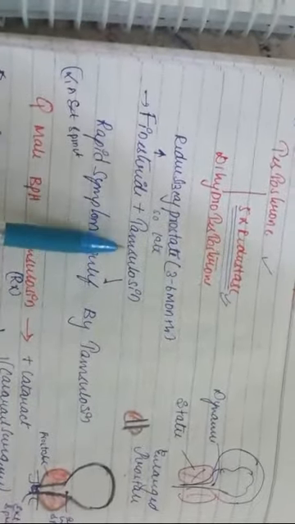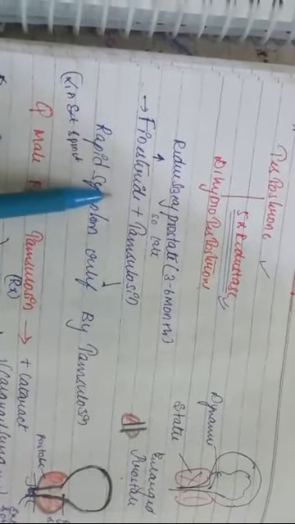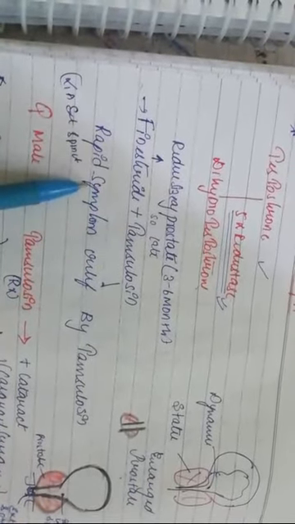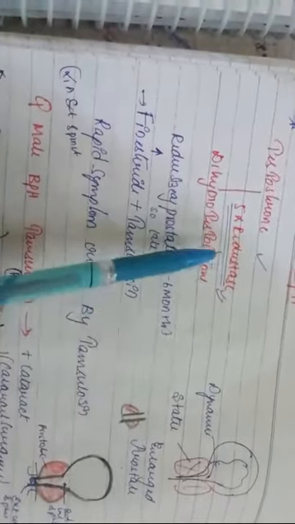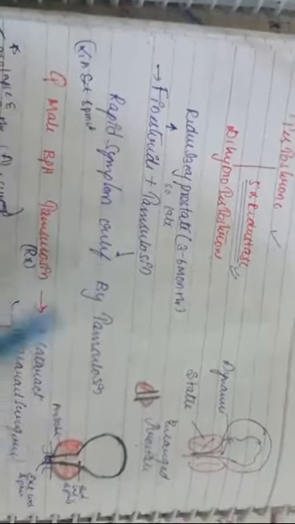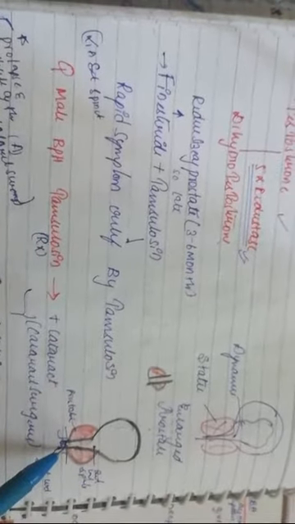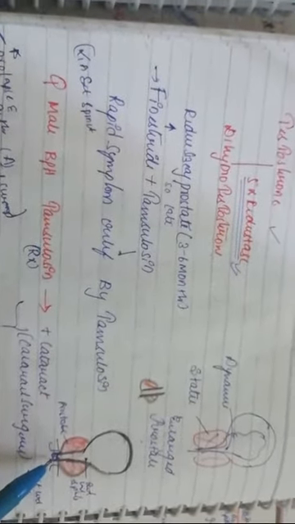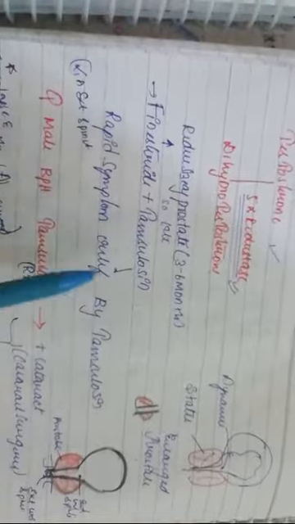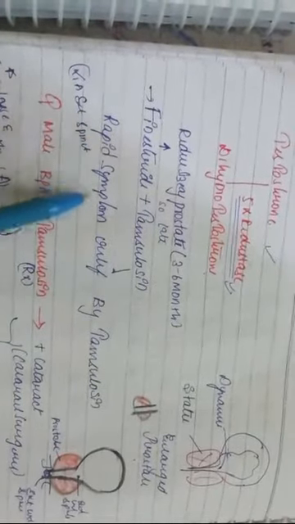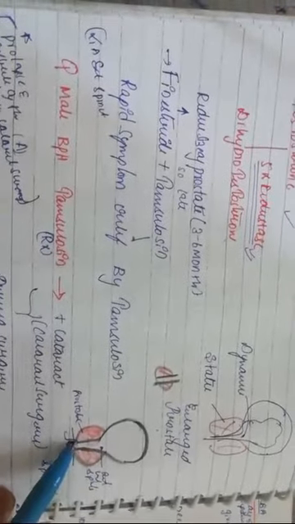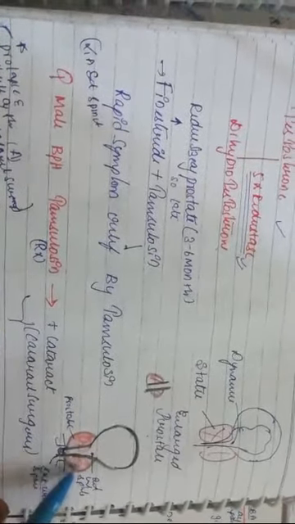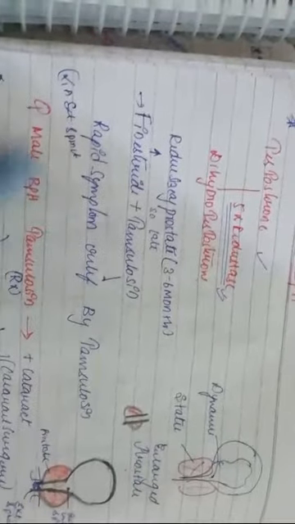And along with that, we can give this tamsulosin. We already know that tamsulosin is an alpha-1a blocker. So when I combine them, this finasteride acts on the 5-alpha reductase, and this tamsulosin acts on the alpha-1a receptors, so it blocks them. This tamsulosin is used for rapid symptom relief, because whenever I block this, the urethra dilates so that the urine can pass freely. So if you look at this